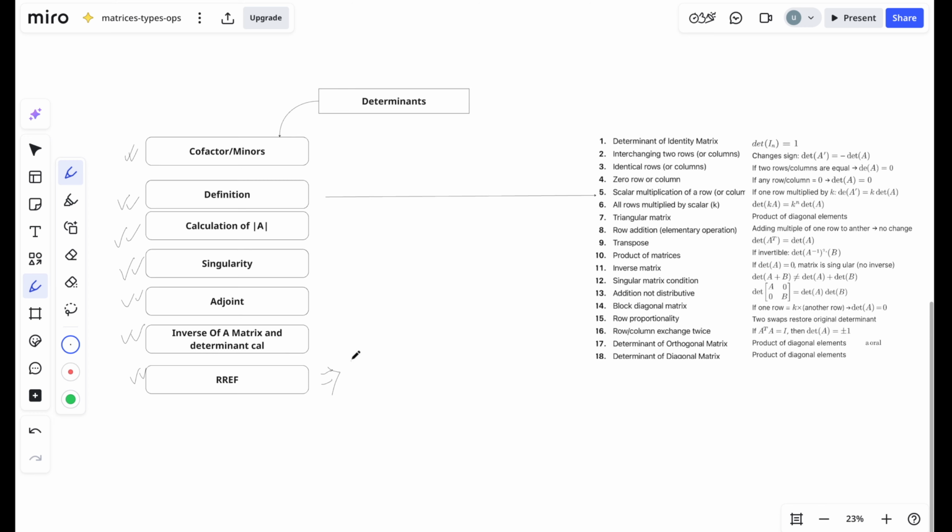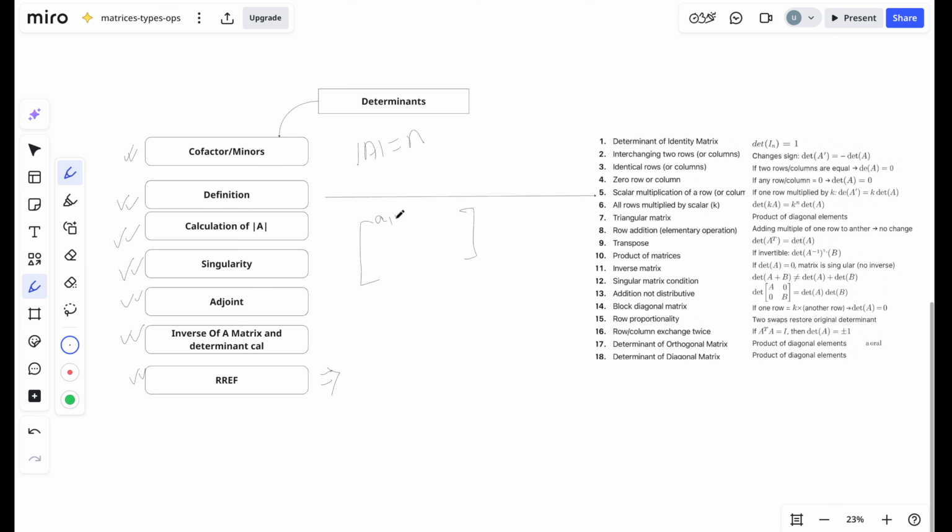Okay, so let's start with understanding cofactors and minors first. So what is a cofactor? Let's first understand a minor. So let's say, for example, that let A be a determinant of order n. Then the minor of Aij, like let's say, for example, if this is the matrix or